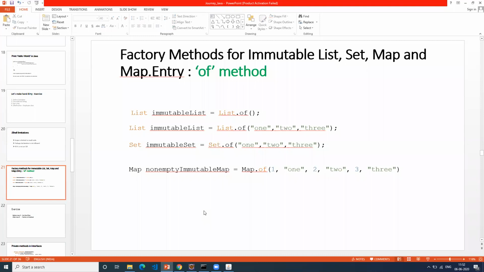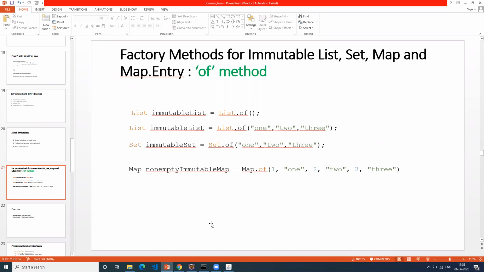The biggest advantage with this is, let's say if I want to write an immutable list or immutable set or map, right? What we generally do is we write the code and then we call Collections.unmodifiableList, unmodifiableSet, unmodifiableMap, right? That's what we do, right?